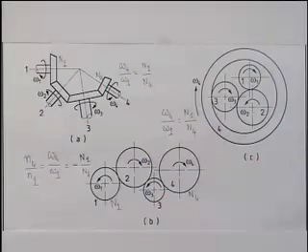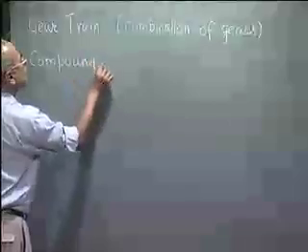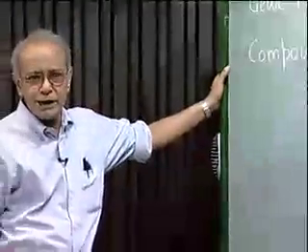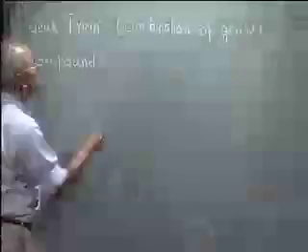Now let me discuss how to analyze a compound gear train and what is a compound gear train. Let me now discuss what we mean by a compound gear train. In a compound gear train, there will be more than one gear on some shaft. Either on the input shaft or output shaft or intermediate shaft, there must be one shaft in this gear train where there will be more than one gear on one shaft. For example, suppose